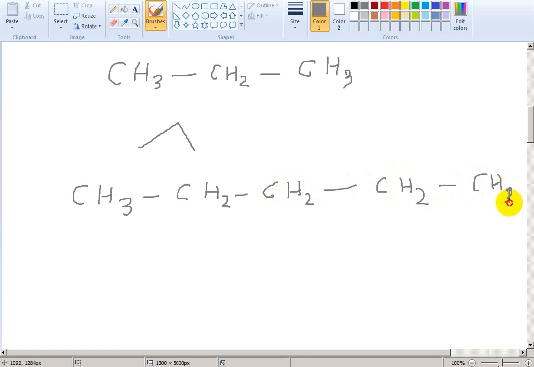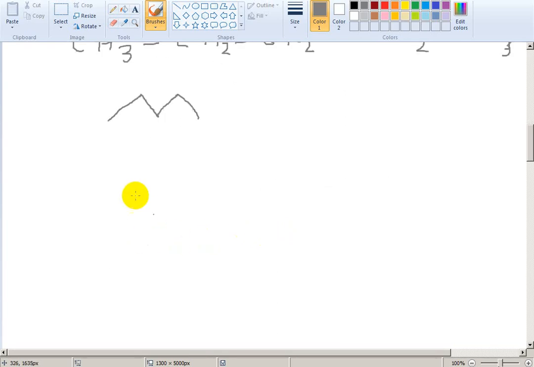How many carbons? 5 carbons, 1 2 3 4 5. At first this is the first carbon, this is the 2nd carbon, this is the 3rd carbon, this is the 4th carbon, and this is the 5th carbon. This is the skeletal formula of pentane. Okay, if a functional group is present,